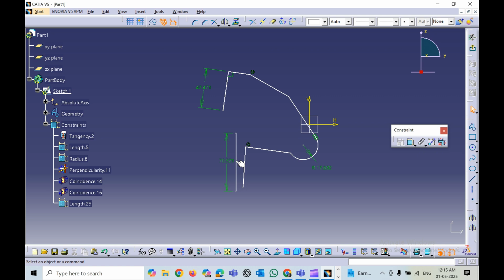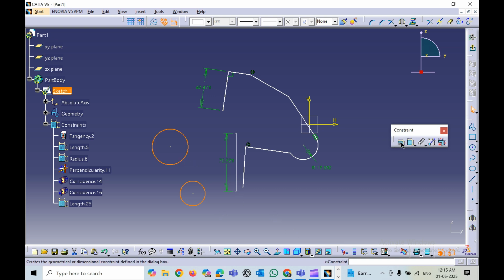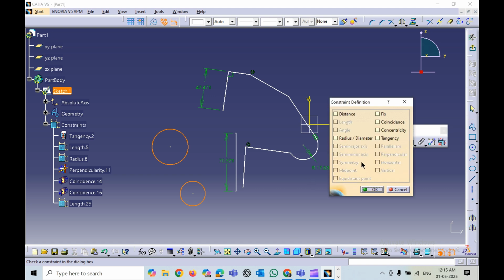So based on the combination of the entities, the dialog box opens with the available options. Now, if I try to select two circles and go for a constraint, these are the available options which have been highlighted. I can select a dimension, or else the radius or diameter,